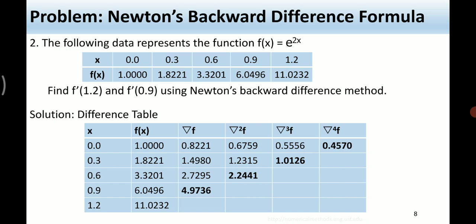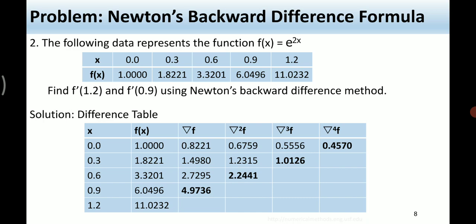For that, we write your x values and then the f of x values in your second column. In the third column, you can see you have delta f, then next delta square f, then delta cube f, then delta to the power 4 f. See, all these values you are going to compute by taking the difference. So for the previous column, you are going to take the difference and write your result. That is, to calculate your delta f values, so what we do is